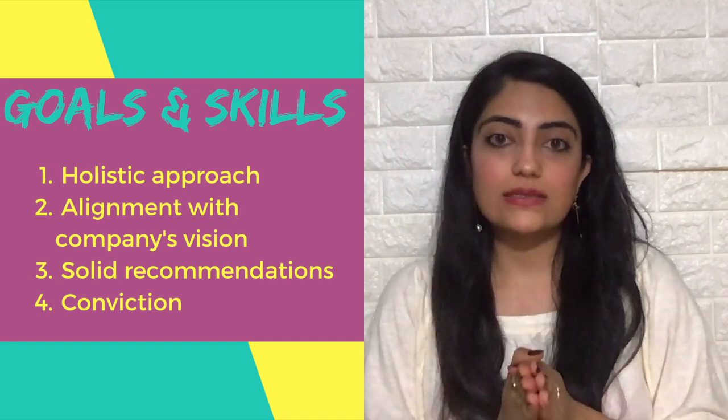The third case type is the product strategy case type, in which there might be multiple things that might be asked. How would you improve retention? How would you improve engagement? Some metric that you're supposed to improve, or some go-to-market strategy that you're supposed to build. So in that case, the goal that you're trying to achieve is to understand the product's offerings and the product's benefits versus the gaps in the product's offerings for the particular persona that the product is targeted or made or designed for.